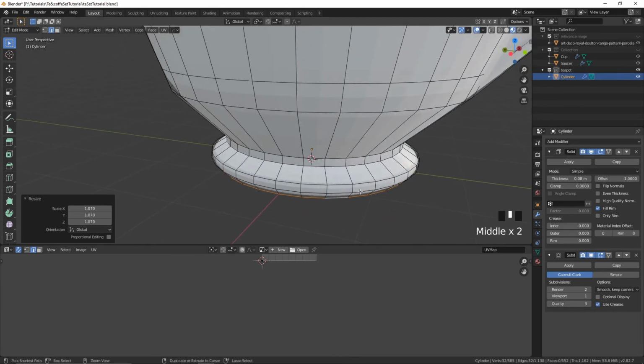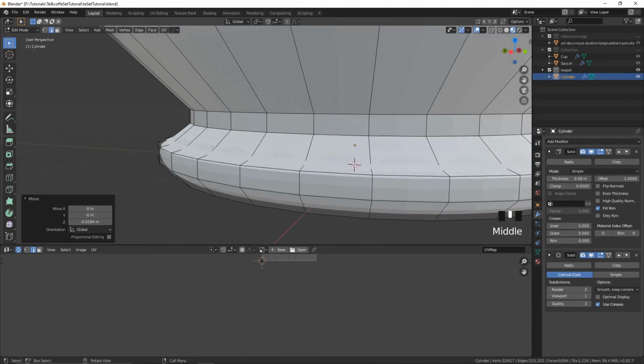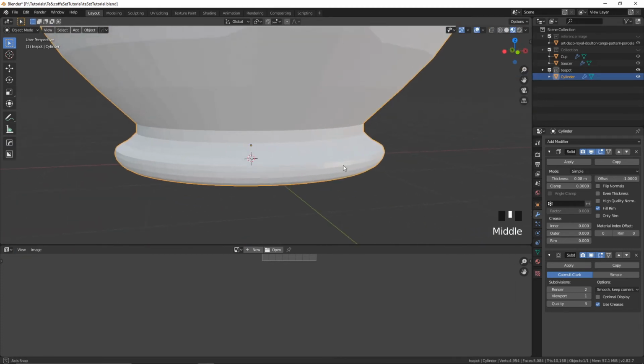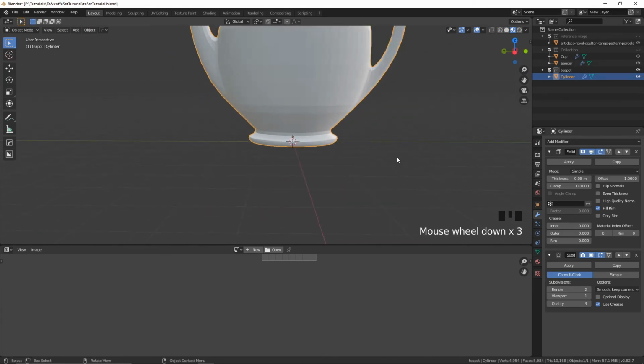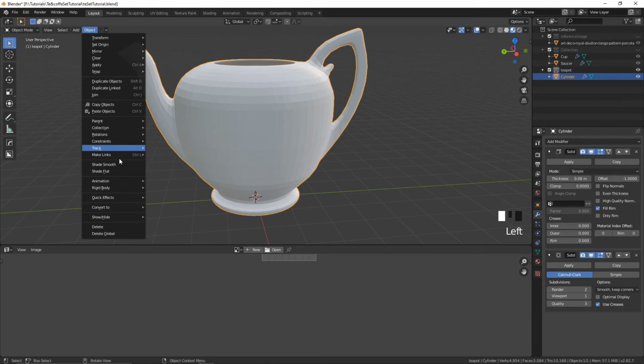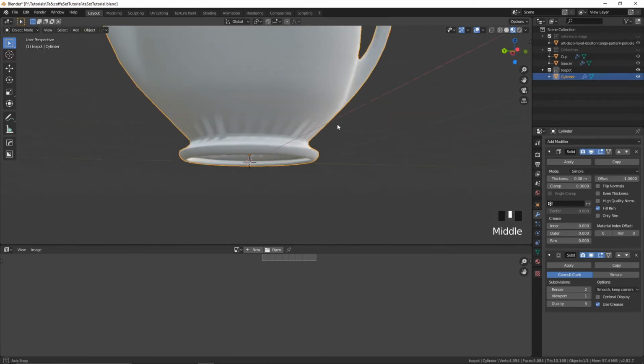That looks very nice. And Control R, and up here we want to create an edge loop somewhere around there, and G and Z, and move it down a bit so we get a bit of a foot. Let's scale it in a bit as well, so S and scale it in just a tiny bit. Yes, that looks nice. Let's see here, if we add an object and shading, shade smooth, how does this look? That doesn't look too good over there at all